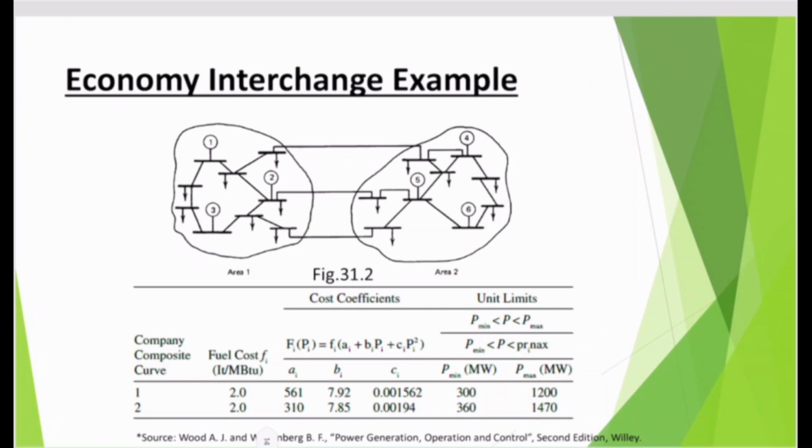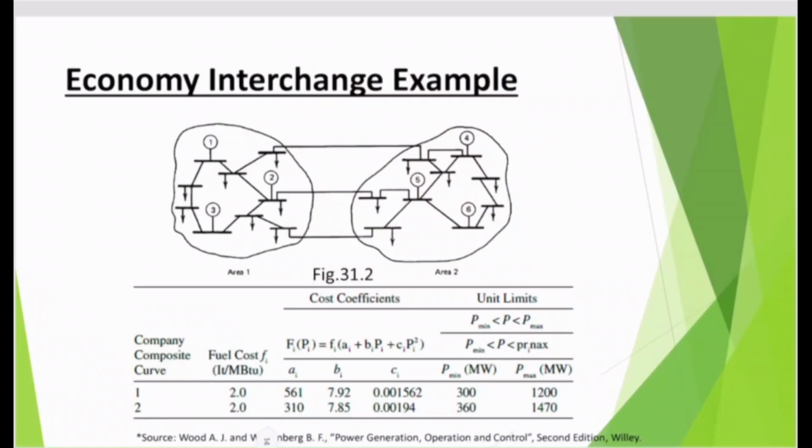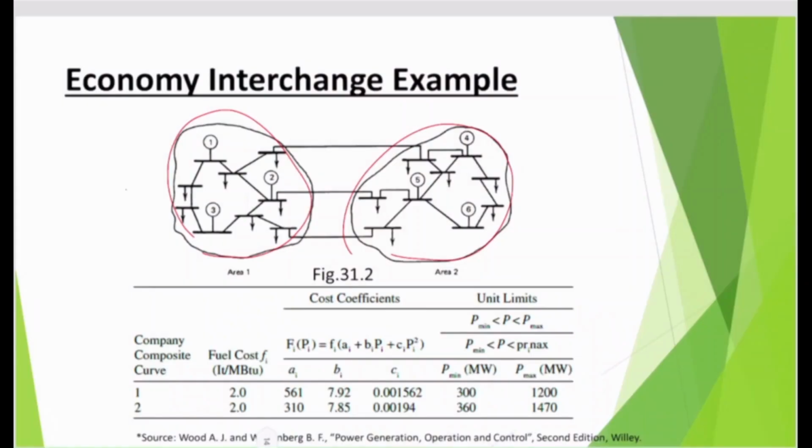Now if you move to the economy interchange example, this is another interesting area. There we talked about a system where the transaction was between one bus and another bus within a single area. But here we are talking about two different areas. Now it's quite a complicated system, 31.2, where we have area number 1 and area number 2. Previously we were talking about Jaipur to Ahmedabad. Now we are talking about Rajasthan versus Gujarat. Let's say this is my Rajasthan and this is my Gujarat, two different states